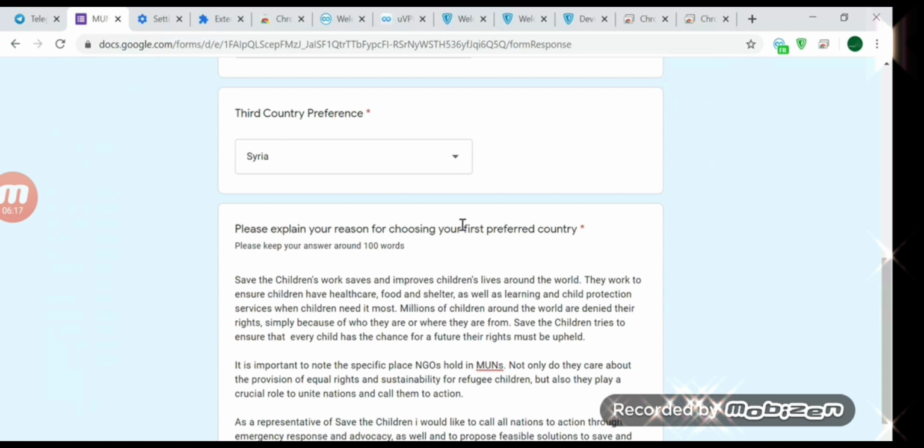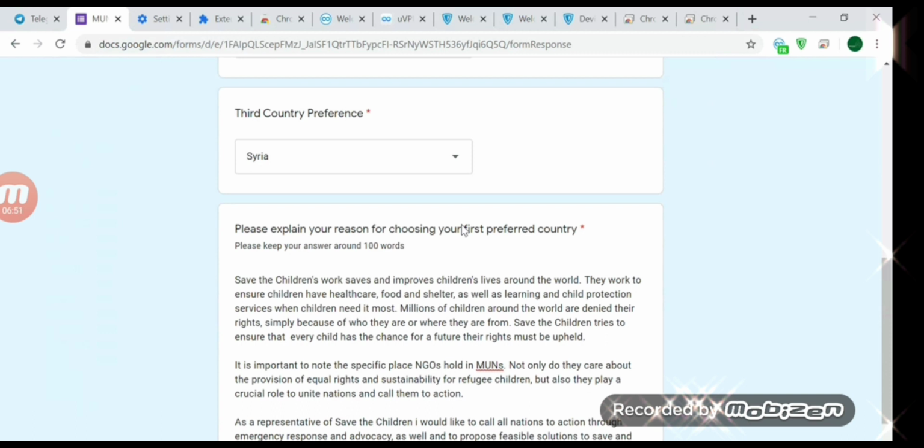So first of all, I had to research what kind of NGO that is, what's their purpose, what are their actions that they are doing currently, and why is it important. Since I gained some information about this NGO, I tried to put it into my words without copy-pasting, because whenever you're writing an application to MUNs, take into consideration that MUNs hate copy-pasting. MUNs don't like when you just copy some stuff from other sources and paste it here. MUNs always look for your voice.